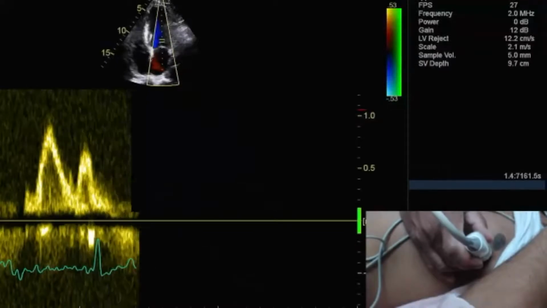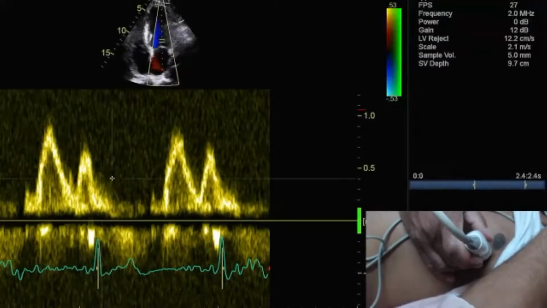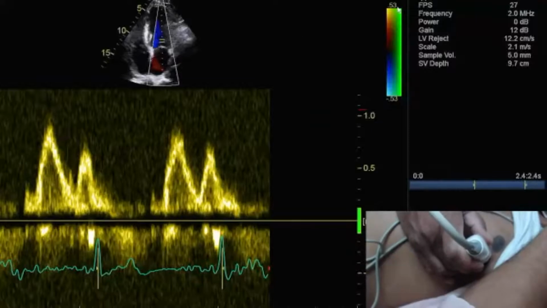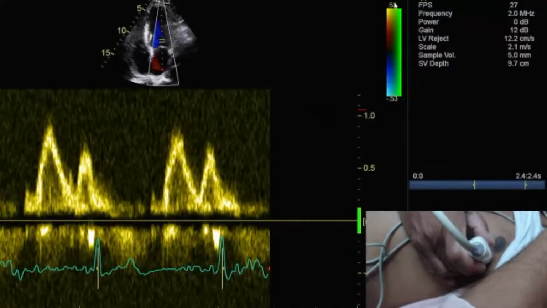Now look, in the initial part I said the velocity is more than 0.88 or 0.98 or 0.83, and the later part is only 0.74. What I mean to say is, whenever the Nyquist limit is exceeded, the flow toward the transducer color is only 0.53. If you happen to see multiple colors, it means the Nyquist limit is crossed and you see the other colors of the other side. That much you remember, that's all in clinical applications.